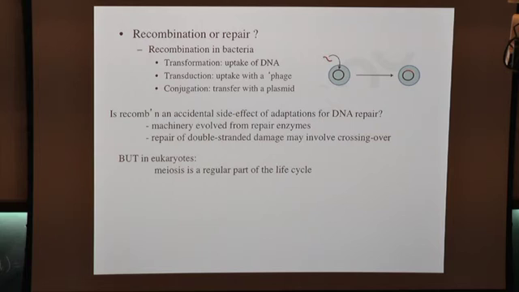The whole business of sexual reproduction looks as though it's there for sexual reproduction rather than as a side effect of something else. But that's not a very kosher argument. A very strong argument, I think, is that the process of meiotic recombination involves enzymes which have their origin in the repair system, but have now changed their function to actually make double-stranded breaks in order to allow a crossover.